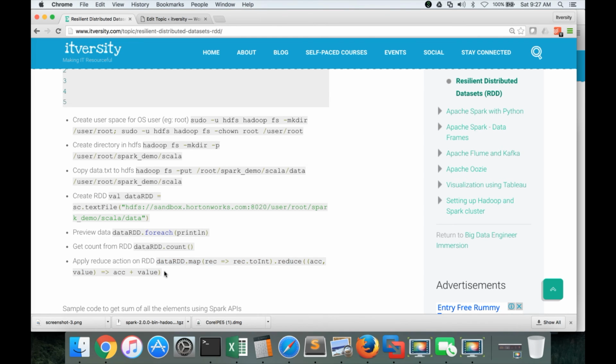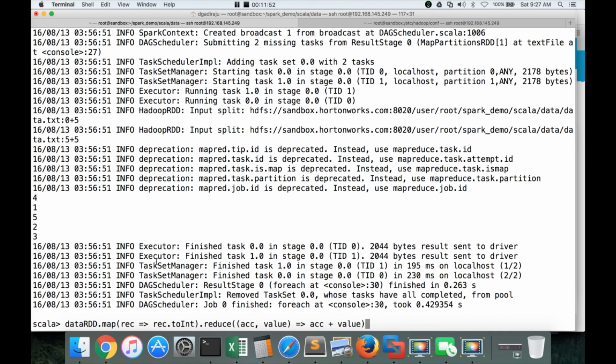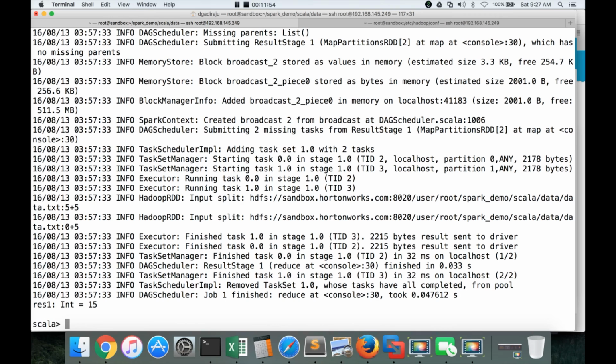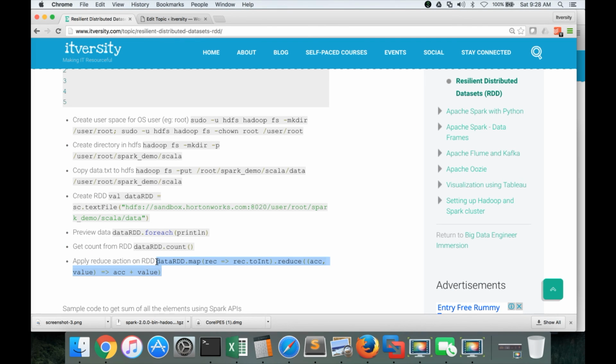Again, you will see all these map and reduce functions in detail later. As of now, we are just creating the RDD and performing some operations to make sure that we are able to write Spark based applications on top of that RDD. Don't worry too much about map and reduce at this time, as long as you understand that sc.textFile is the function to read data from external datasets. If the dataset is in HDFS, you have to give hdfs://name node IP address:port number/the path in HDFS to read files from the particular location. That is more important than anything else. We will see the rest of the topics a little bit later.